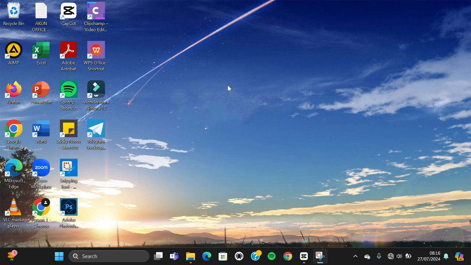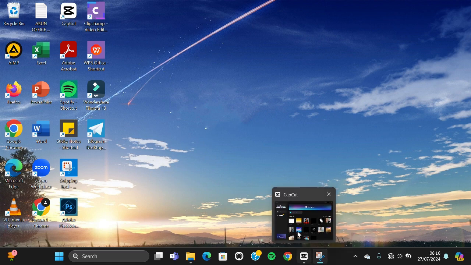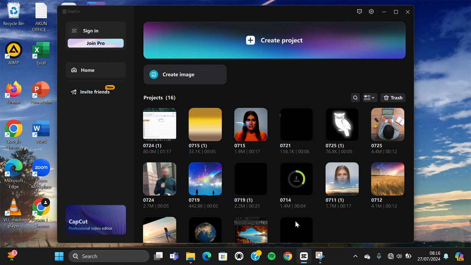First of all, I'm going to open up my CapCut application on my PC. And we have to choose a project we want to duplicate. For example, guys, I'm going to duplicate this project. So we need to go to the project and click on these three dots. Click on it and there will be some options for us, and since we want to duplicate this project, we